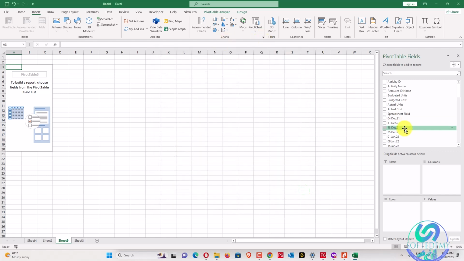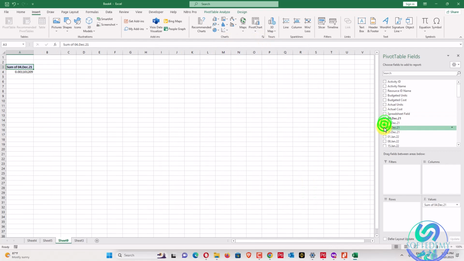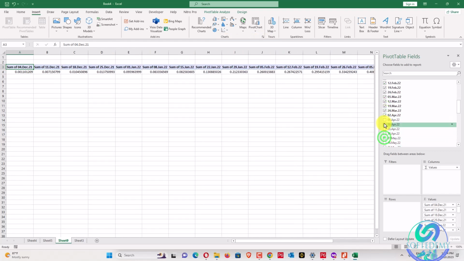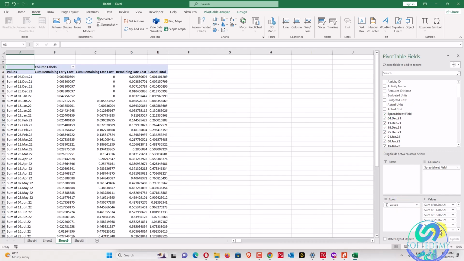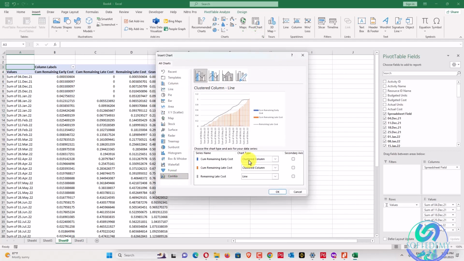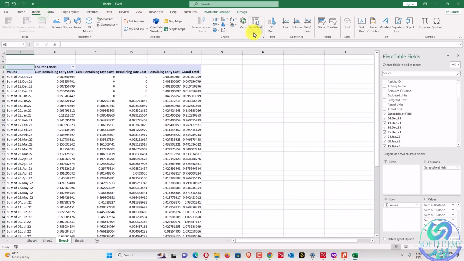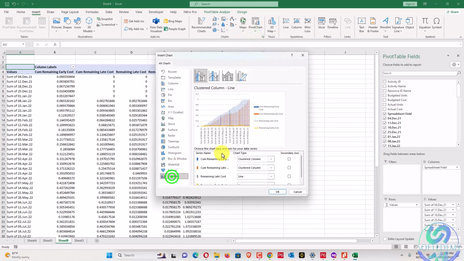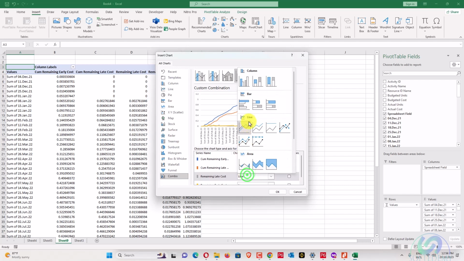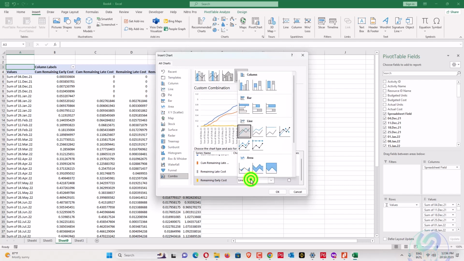Okay, we'll go here. First of all, we'll add all my columns. Now we can insert the pivot chart, combo, and for the cumulative line, and for the remaining we have clustered.